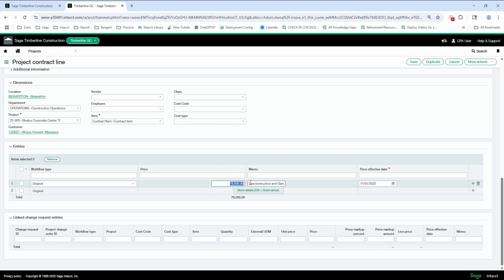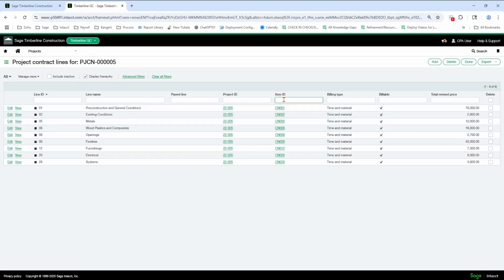But they do want to list, even though it's time and material, they are listing the 78,000. So they might have a non-AIA type of billing form, and they just want to list these out, and they want to list these amounts out. Then they're going to bill, and they're going to have that revised price. They don't want to exceed these amounts, including change orders. So that's the specific scenario we're talking about. When I go to generate this invoice in the invoice screen, I am going to see these line items, and I'm going to see the bills underneath them as well. I'm going to go there in a second, but I want to come back into this line.